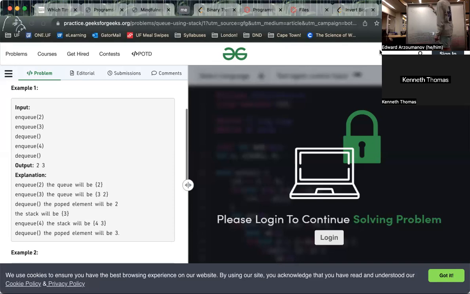And then over here in our definition of it, we basically have A dot push x. That's it. And our DQ function